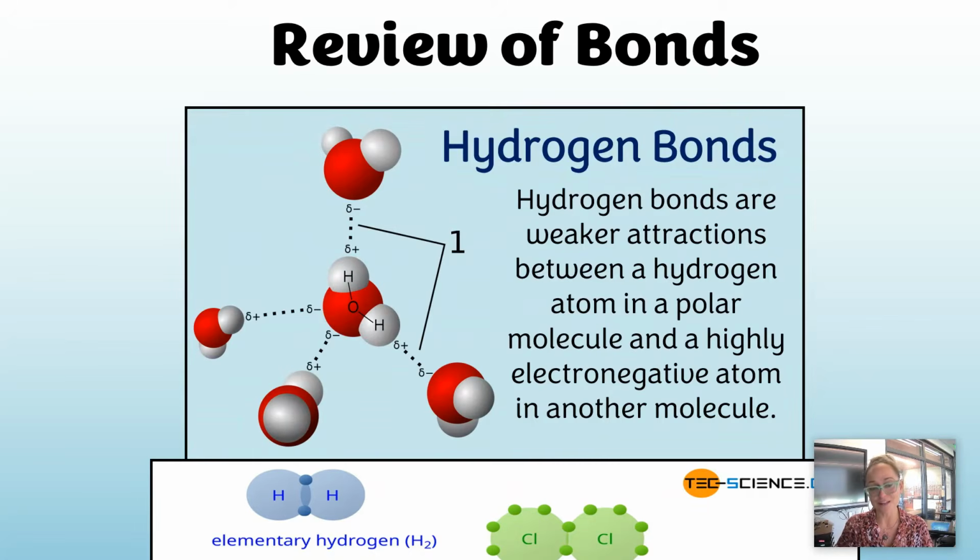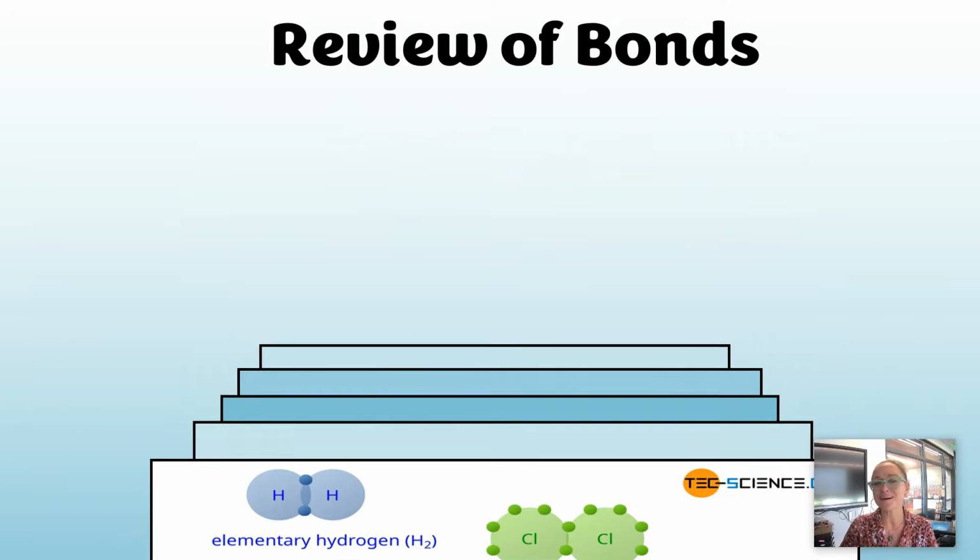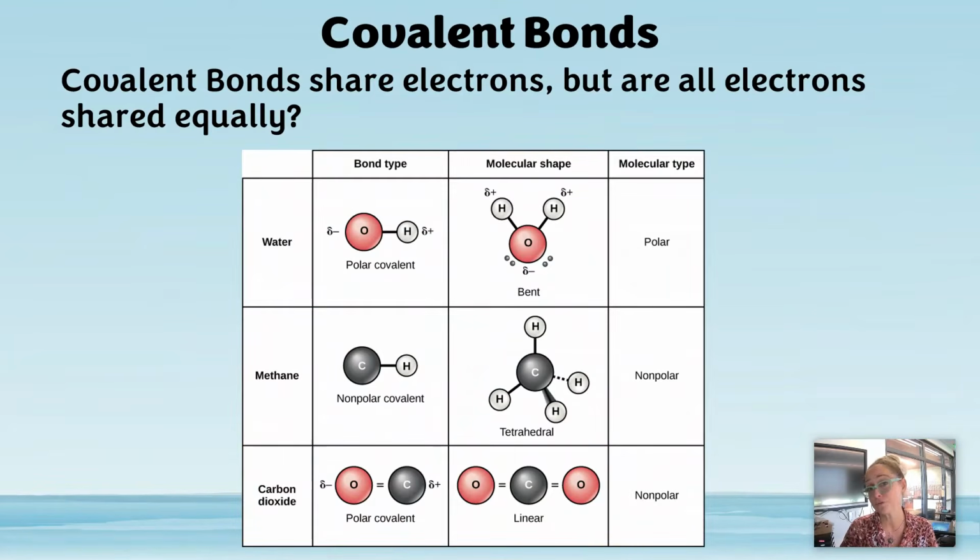And then we have hydrogen bonds, which are weak attractions between two molecules, usually a hydrogen that's partially positively charged and a very electronegative atom of another molecule. In this case, of two water molecules being attracted to each other, forming hydrogen bonds, it's between the partial positive hydrogen of one and the partial negative oxygen of another water molecule. So here, these are weaker attractions, and they actually will form and break trillions of times per second. Now, let's go ahead, though, and talk about covalent bonds before we move on,